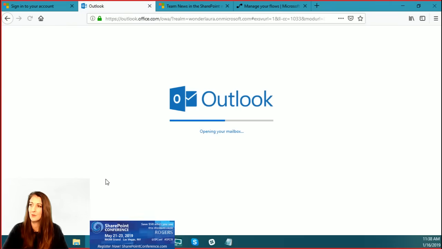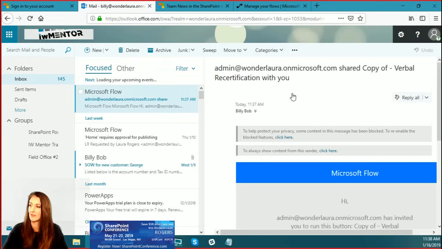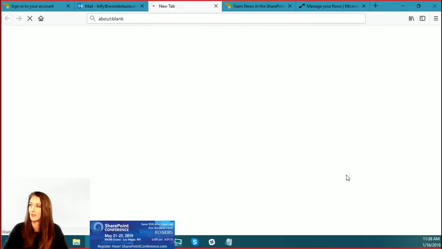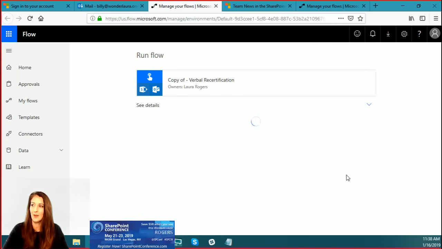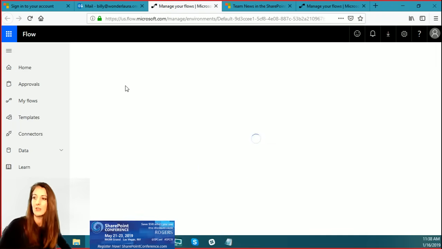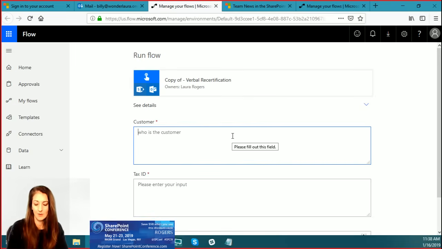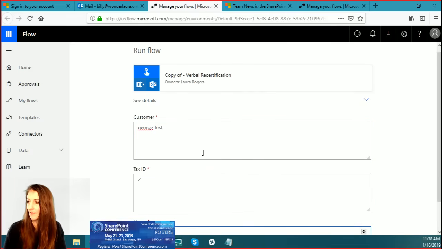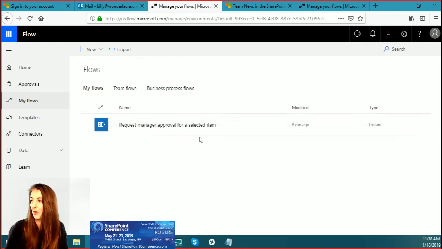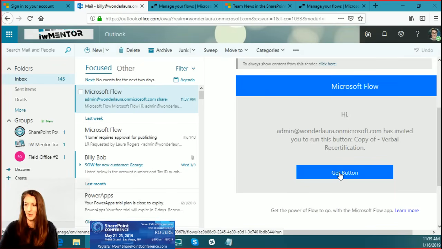So when I invited him to the flow, he got an email. And this is how he can run the flow. It has a button in the email. So this takes him to this page to manually run the flow. So that's how Billy runs the flow. And when he goes back to flows, he still doesn't see it there. So he just has this link in his email. So this link